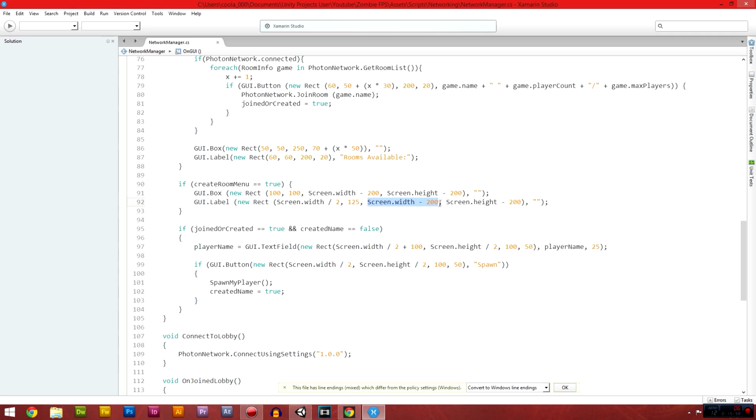Then we want to make the label about 100 long. If we make the label 100 long, then we have to do Screen.width divided by 2 minus 50, because we want the text exactly in the center. So then we'll only go about 20 deep, and we'll call this create a room,